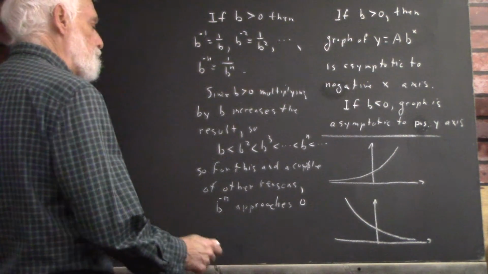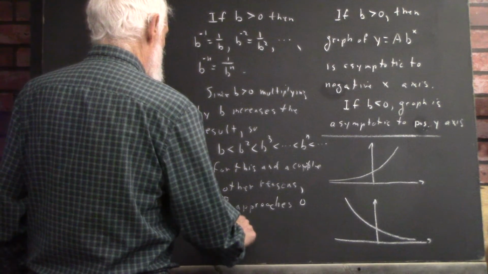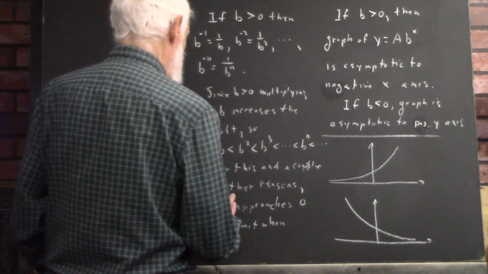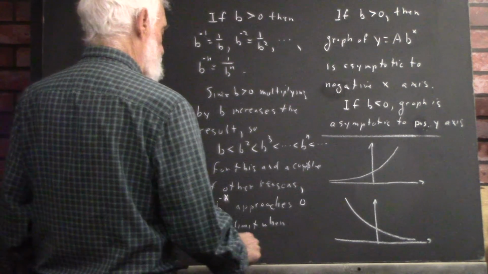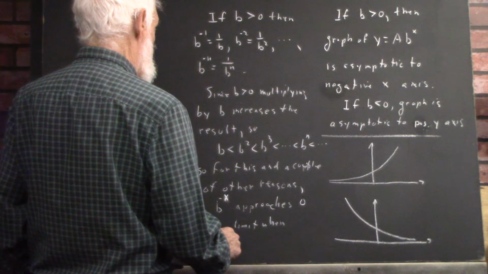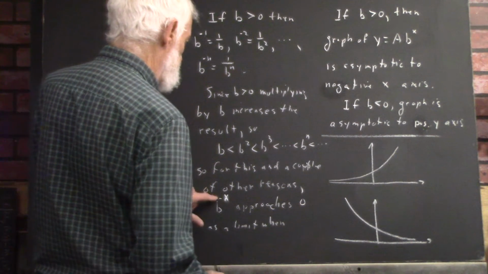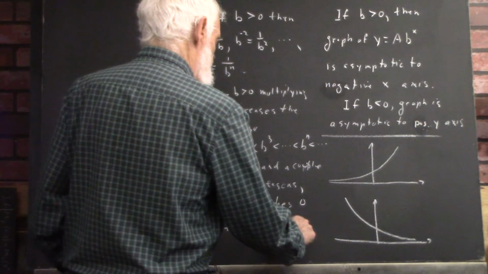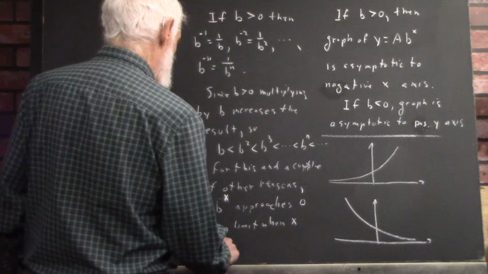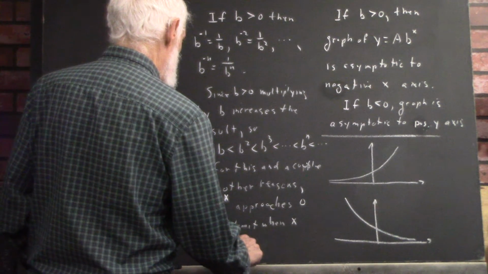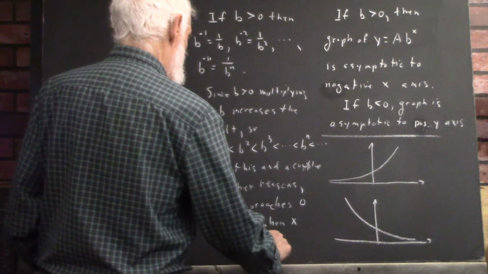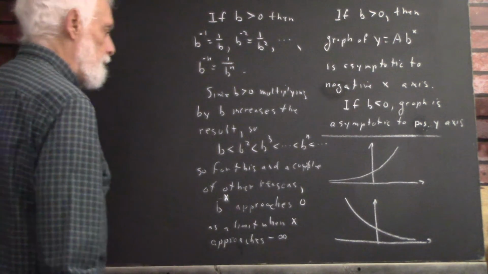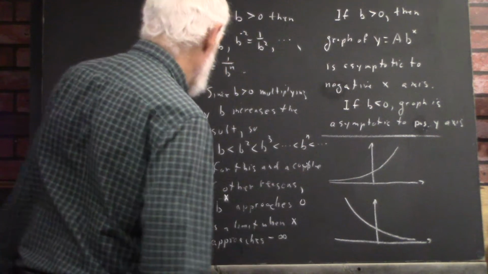b to the negative n approaches 0 as a limit. Now I'll just say b to the negative x, actually I'm going to say b to the x approaches 0 as a limit when x approaches negative infinity, which is what makes the graph do this. For example,